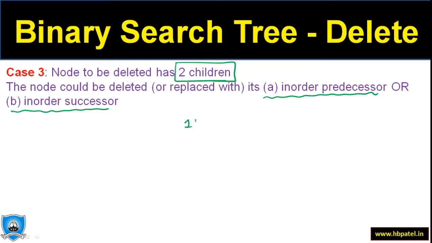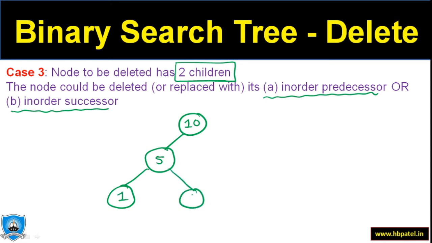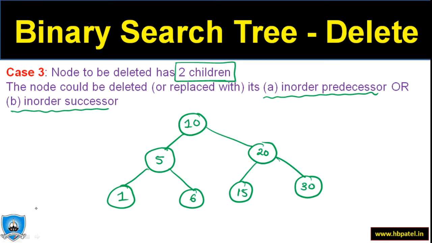For example, I am having a 10 over here, then I am having a smaller number on the left hand side, 5, and then I am having, let's say, 1 over here, and 6 over here. Then on the right hand side I am having 20, on the left hand side of 20 I am having 15, and on the right hand side of 20 I am having, let's say, 30. Now in this case, supposing I wish to delete this 10, now you can see that 10 is having two